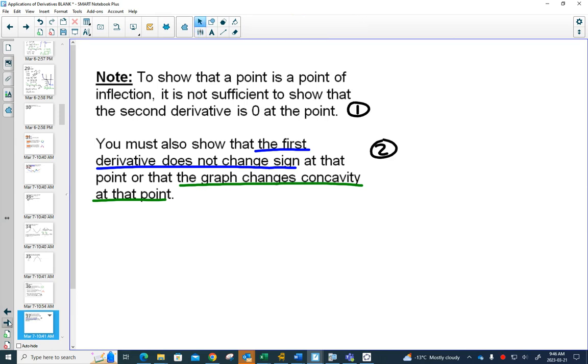If your second derivative is equal to 0, and your first derivative